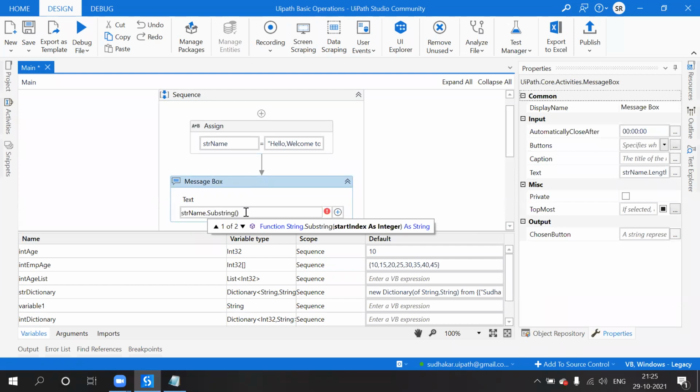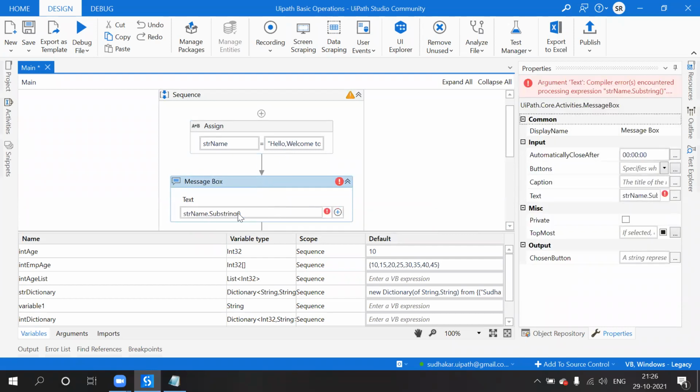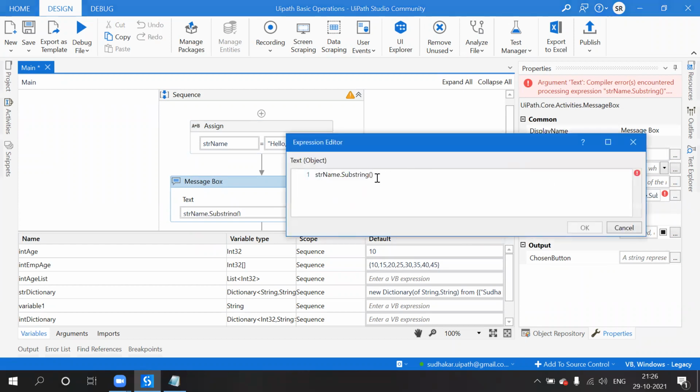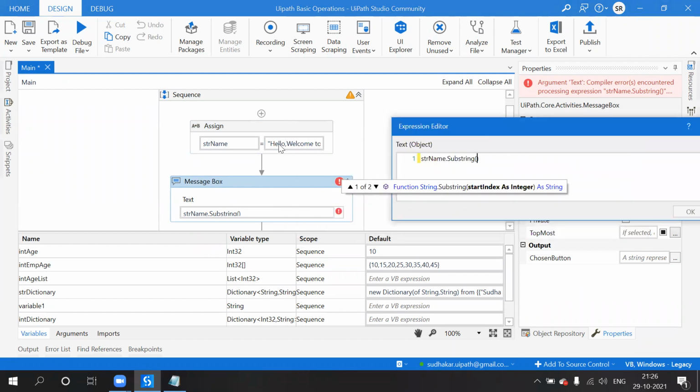What is this substring? What is the syntax I have to use? Substring of, I don't want to print the data of hello.